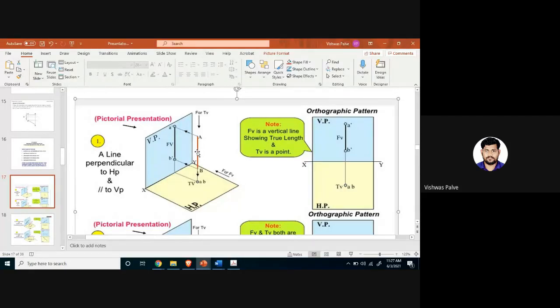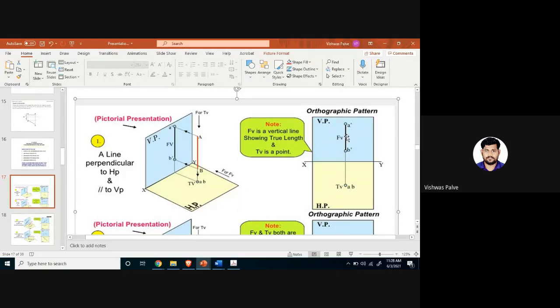So how are we going to get the orthographic view of this particular line? The observer is always standing at this position. For the front view, we observe it from here, and the shadow of this line will fall on the vertical plane. Whereas when we observe it from the top, you will get the top view of that line as a point. When we project the front view, it will be denoted as A dash B dash, whereas in the top view both the points will overlap and be seen as a point AB. So this is the first condition.